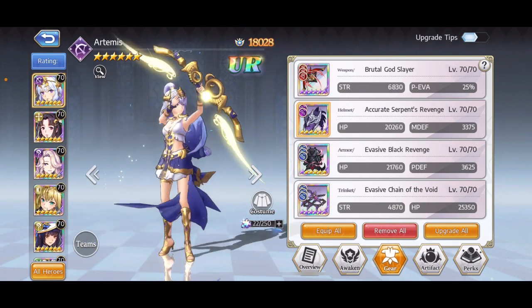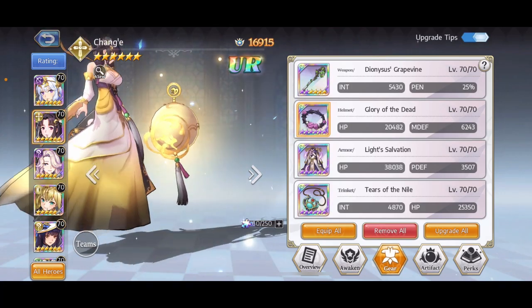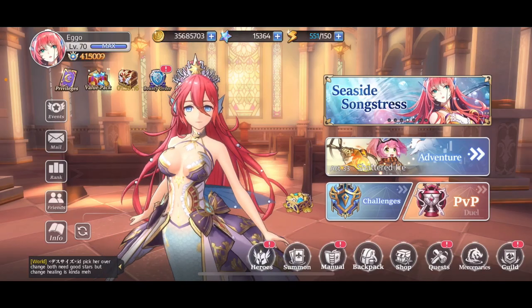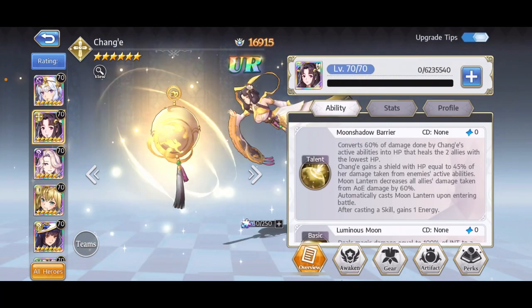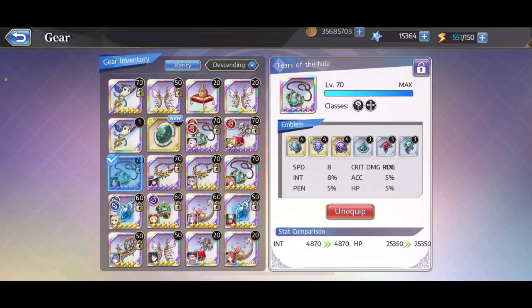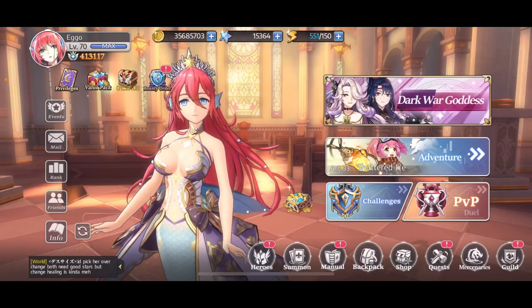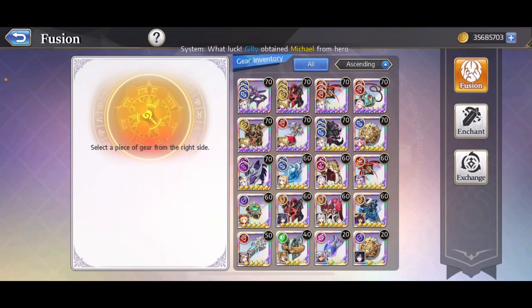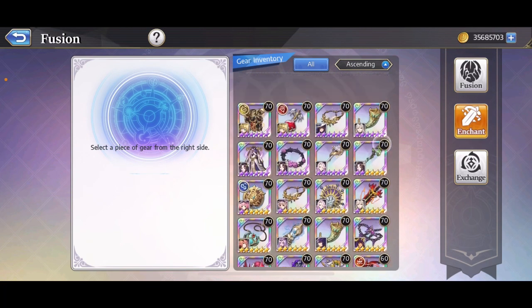Now let's see, what else was I gonna do? I know that I want to make my Chang'e faster, and I got... Oh, they're trying to sell me on another blessing. I think I have to unequip to do this one. I want to make my Chang'e faster, so I'm going to give her a faster Tears of the Nile. So sometimes that fusion disappears. I recently, when I was picking up those enchants today,